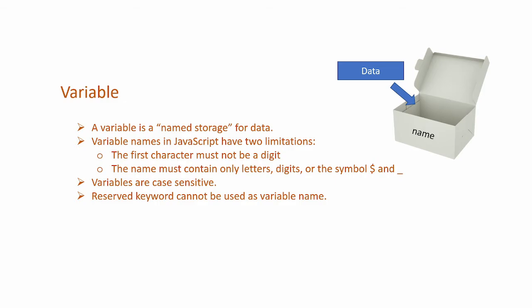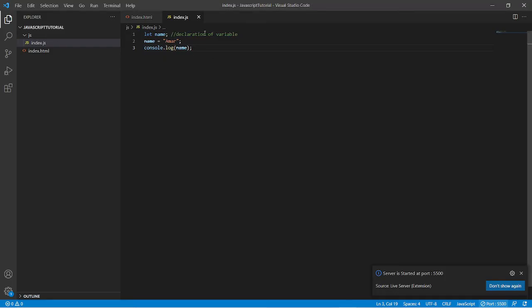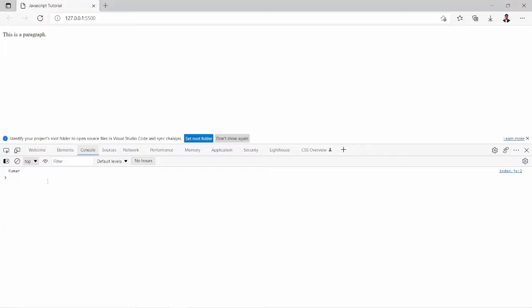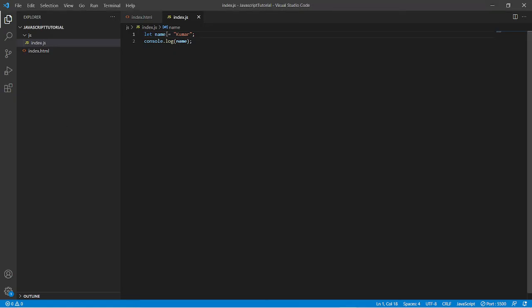Okay, now we can declare multiple variables in a single line as well. But before going to that, can we merge these two lines? Of course, yes. We can delete the second line and assign directly in the first line as well. This also we can do. Now this time I'll put Kumar as a name, and if I save it and go to the browser, it will print Kumar. So I first declared the variable and then assigned the value to it, and we can do it in a single line.